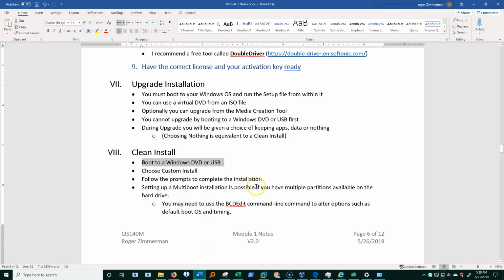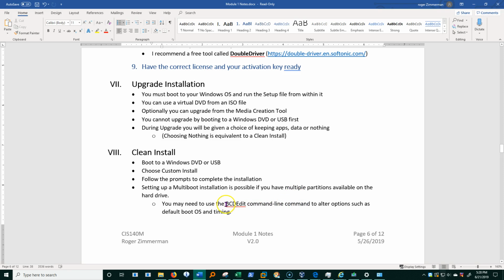And once I do a dual boot like that, then I would probably have to set up something called the BCD editor, which now I can set, well, which one do I want to boot by default every time I start up my machine, and how long do I want it to wait for me to choose which one I want to boot up to.